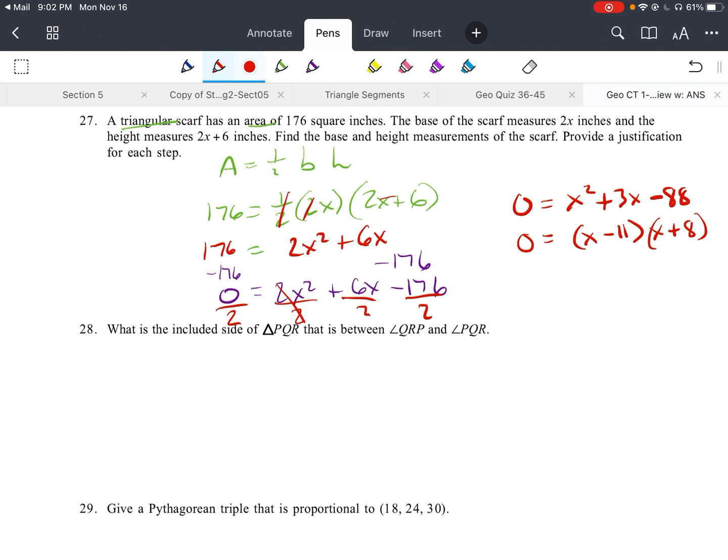Set each one equal to 0, so x minus 11 equals 0, or x plus 8 equals 0. So just solve those two things. So x equals, add 11, so 11, or x equals, subtract 8, so negative 8. So one of those two things it's got to be. Now, as we look at this one,